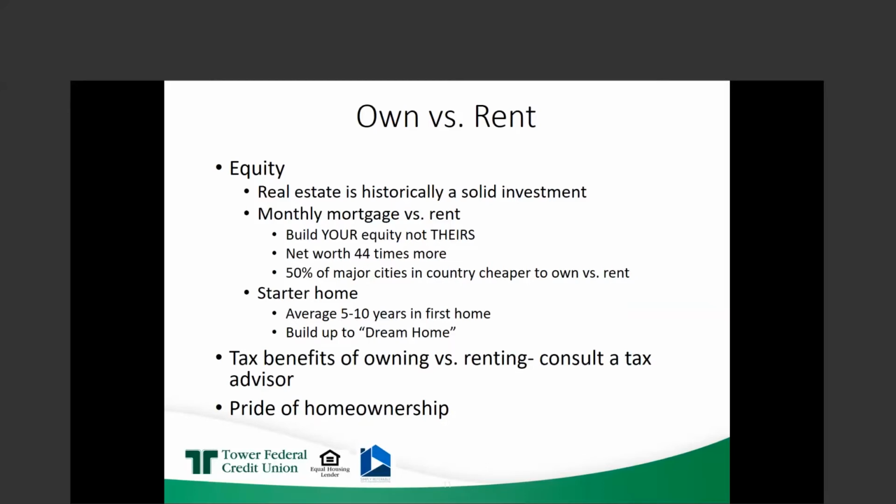And then a lot of people, what they do is they'll start with a starter home, build the equity up, and then they'll start to build up to that dream home, where you build the equity in the townhome or the condo, and then you move into a single family, and then you sell the single family and move into your dream home. We see that happen. But the only way to do that is to get your money working for you and to start gaining equity and value in the property as you pay your mortgage down, and that will create that equity position. There's also tax benefits of owning versus renting, and we always suggest that you consult a tax advisor